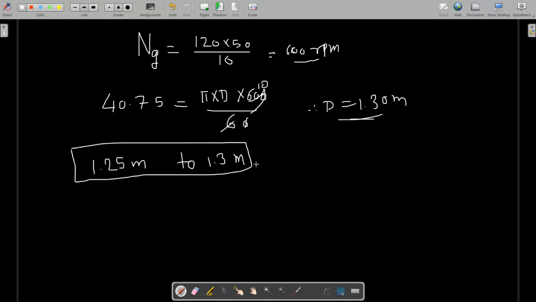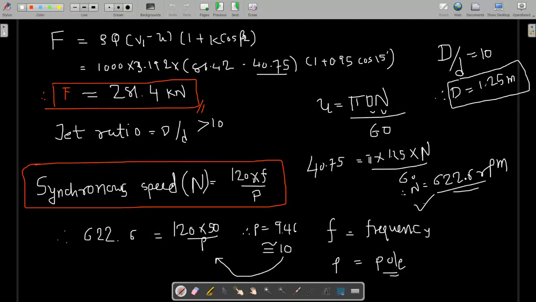So this is the answer. And this relation can be used when a new power plant is designed. When a new turbine is going to be designed, then we have to define the size, so that the overall plant size, which depends on the turbine and all the component sizes, can be fixed. If we decide the poles, then what should be the diameter, and there is a specific jet ratio as per our design condition.